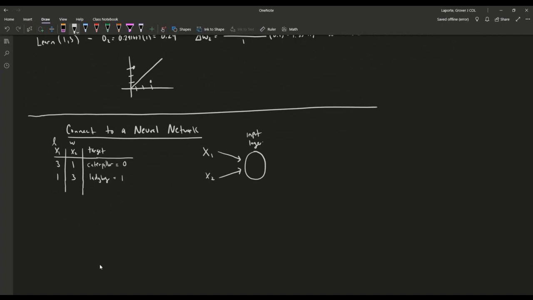And then what we're going to do is an activation function, in this case a step activation function. And what's going to pop out is either a 0 or a 1. So 0 equals caterpillar